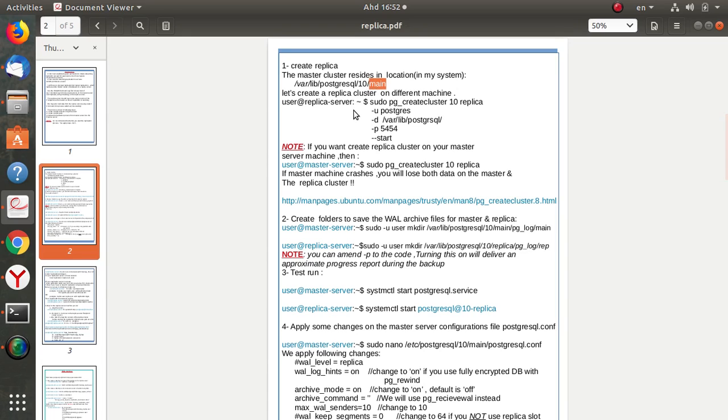Now let's create a cluster on the second machine, the machine of the replica server. Remember, I'm using two machines, one machine for the master server, the other machine for the replica server. To create a cluster on a replica server, you just do this command after installation of the PostgreSQL database. So on the replica server, sudo pg_createcluster 10, where 10 is the version of Postgres, and you give it a name for the